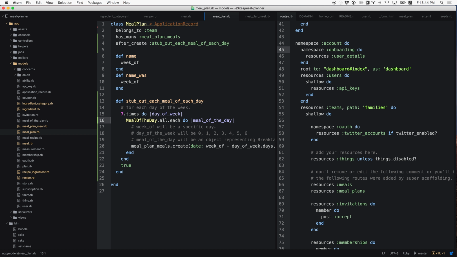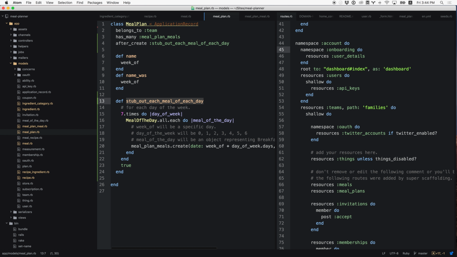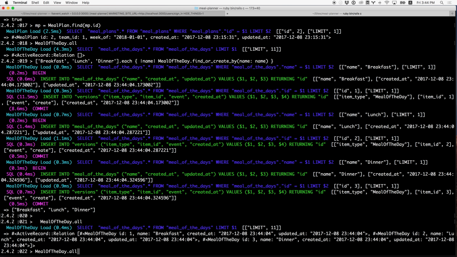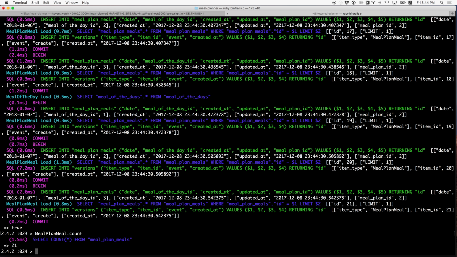So it's going to create, and then let's see, meal plan meals. Did we already check that one? We did. So that should work. Yeah, this should work. Let's give it a shot. Meal plan dot that method. Boom, it worked. So meal plan meal should be 21, right? Because it's 3 meals a day, 7 days a week. Let's see how it worked. Boom, there's 21 of them. That's fantastic. And if we look at them all,